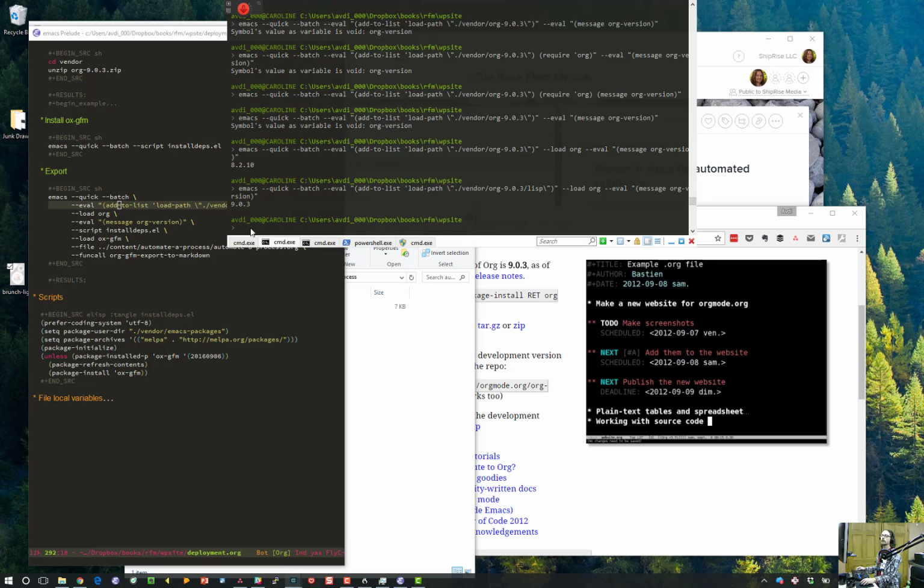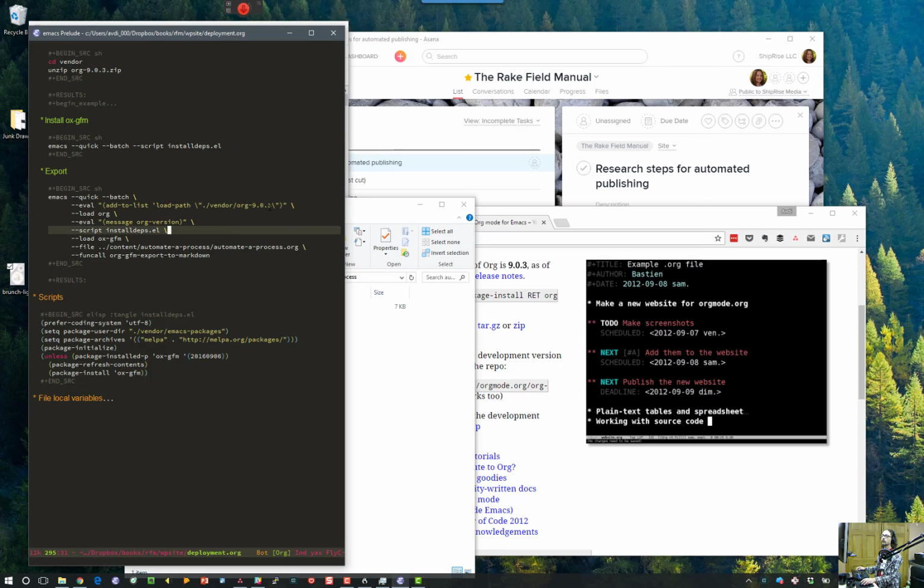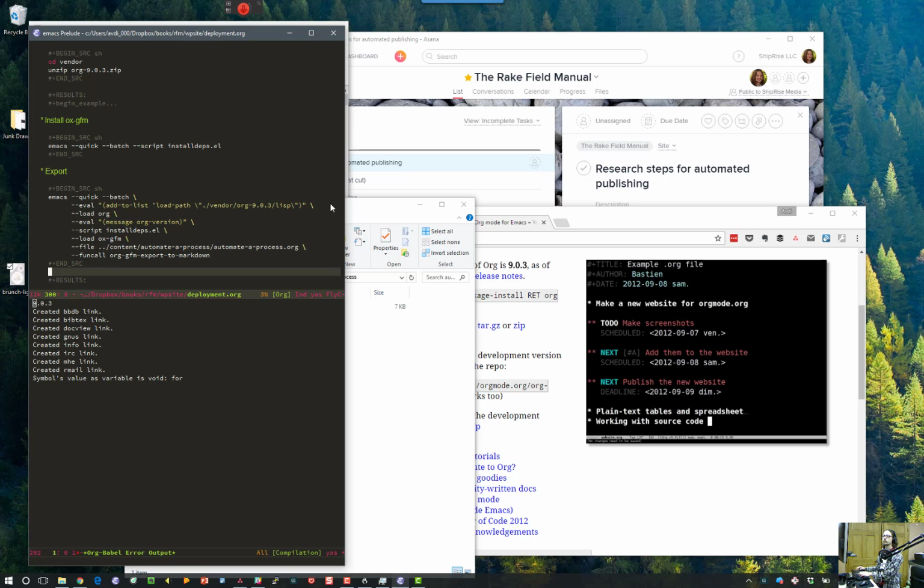All right. So in theory, if I have that here, hey, look at that. Again, it's error output. I guess it had a non-zero exit,